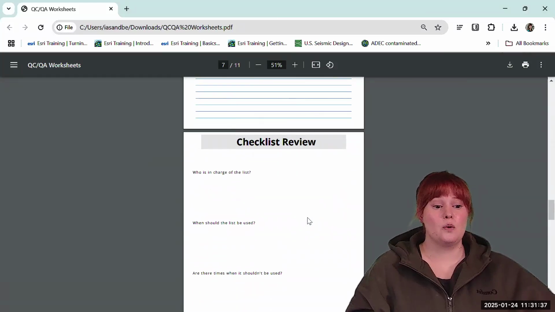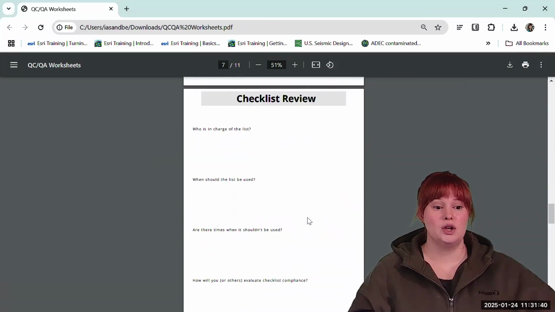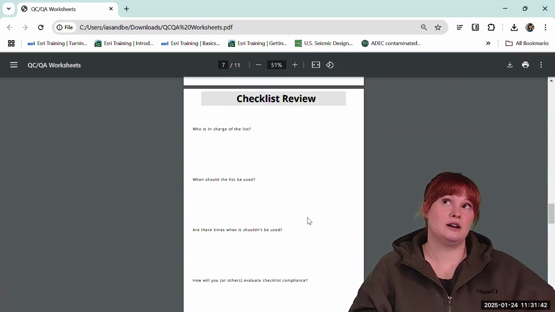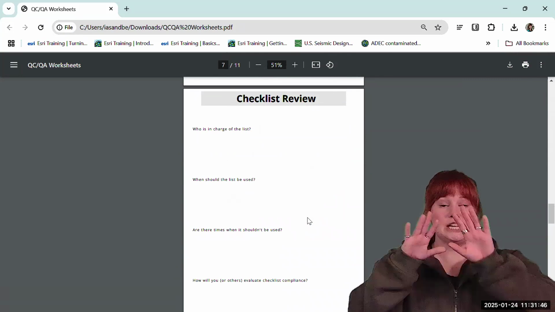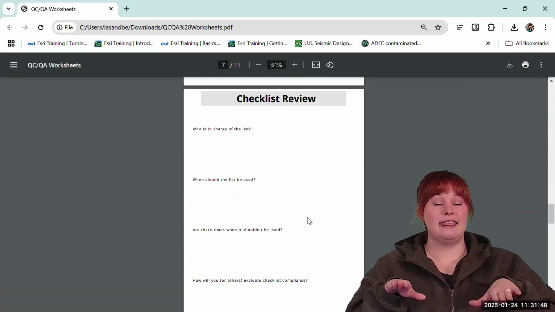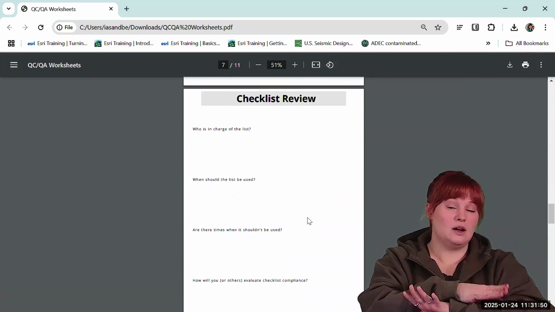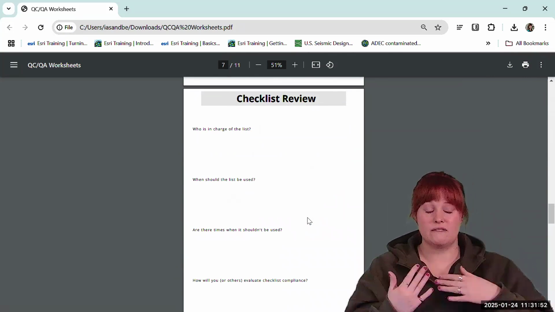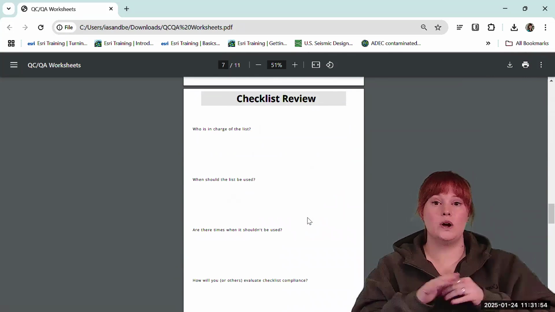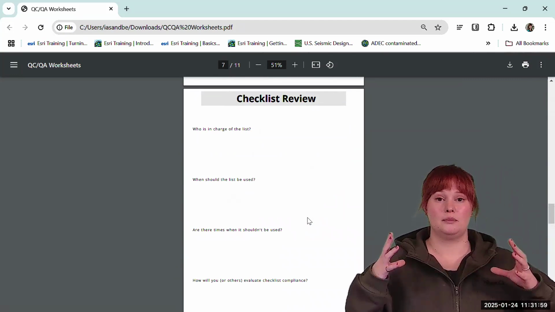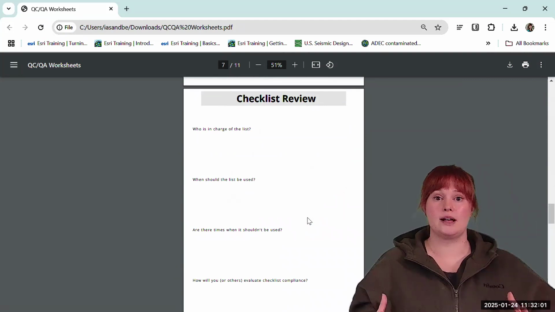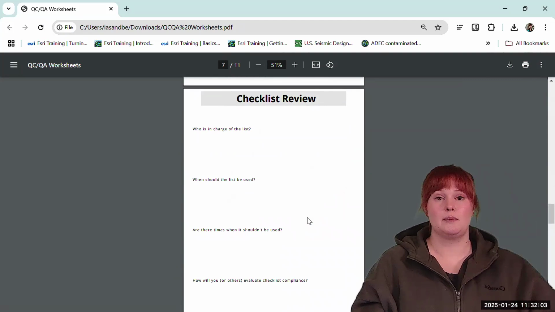All right. So once you've got that checklist review, what I would really encourage is, if you are working with a partner, each of you make your own checklist and then swap and see what was on theirs that wasn't on mine, and vice versa. Once you have combined something that you like, I think this is a good checklist for our process. You want to talk about who's going to be in charge of this list,